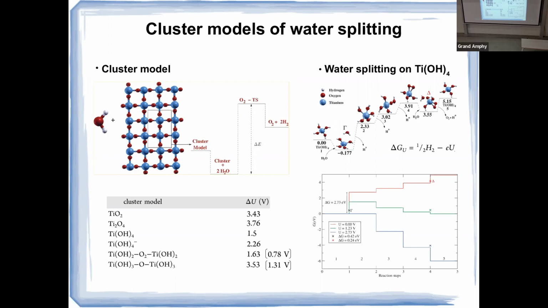So we start from the cluster model that was used before in the literature. So you see that the predicted overpotentials are on top. You will have used monomer and dimeric structures, and they both predict overpotentials which are over 3 electron volts. And this is very far from the experimental values for the two main morphologies of the titanium dioxide surface, the one we are addressing here. These are the experimental values for the rutile and the anatase surfaces.